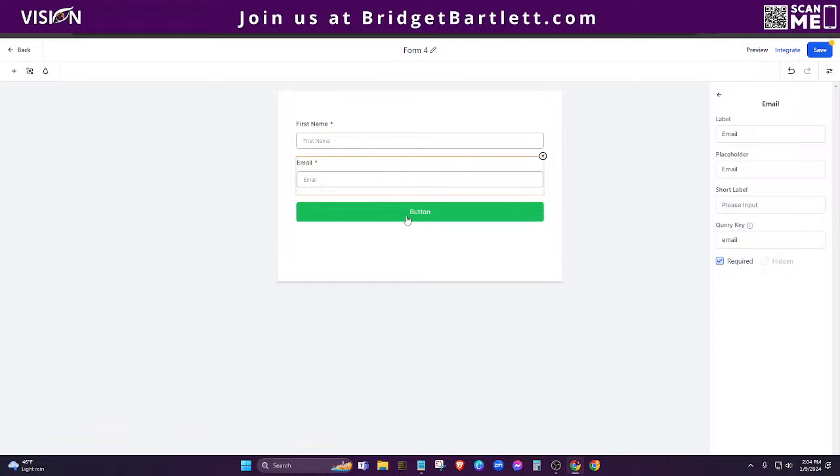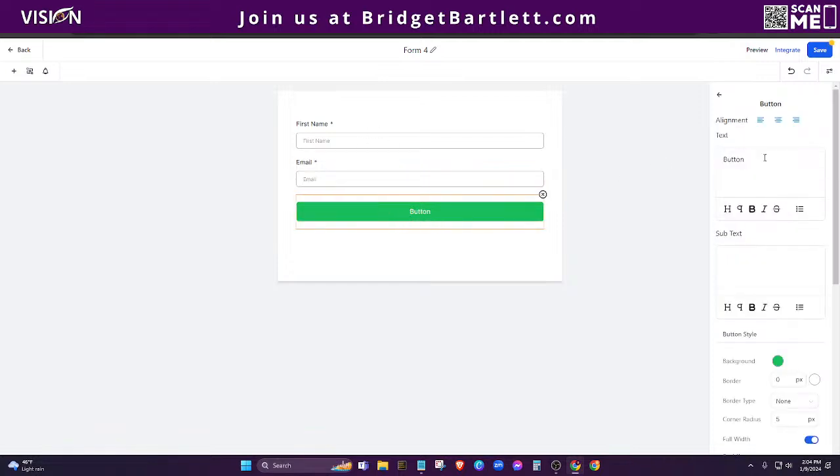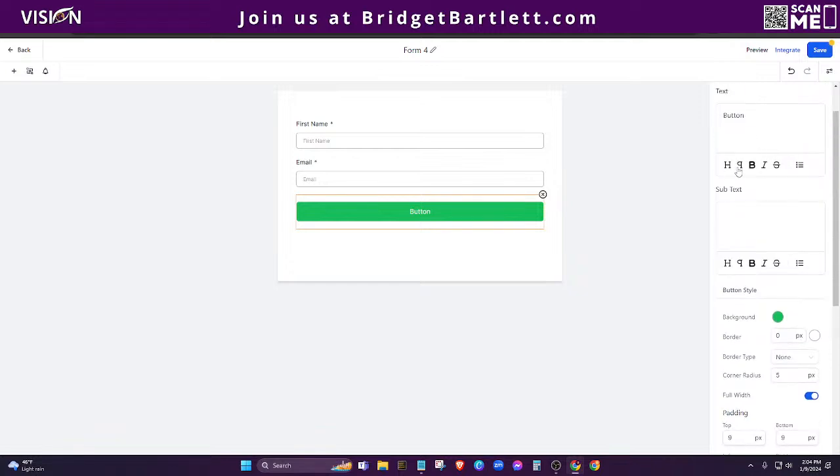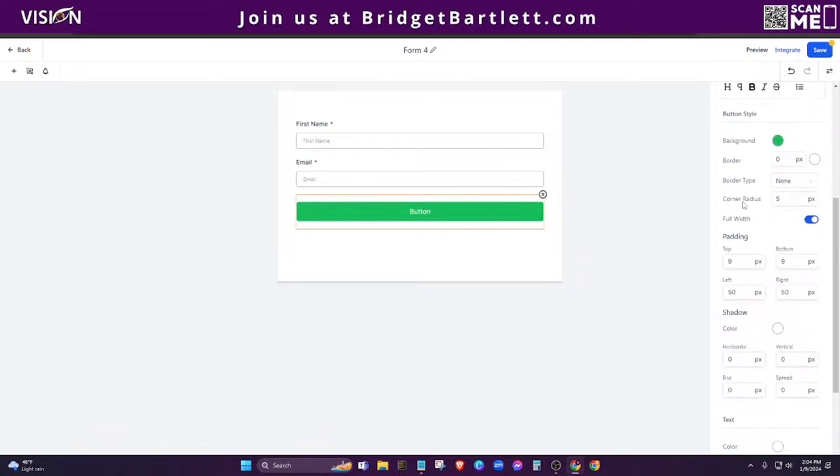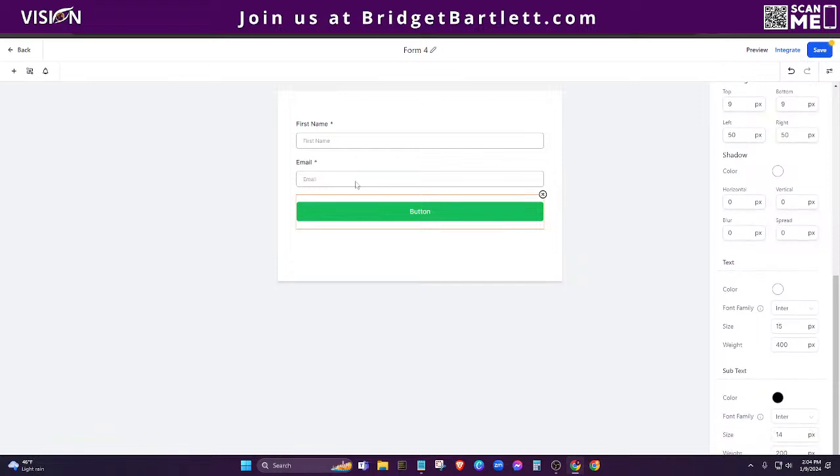If you click inside of each field, and you can see if you click on the button, you'll have, you can change the button name here. You can make it bold, make it a headline, put a strike through. There's lots of different things that you can do to customize your button here. Now,